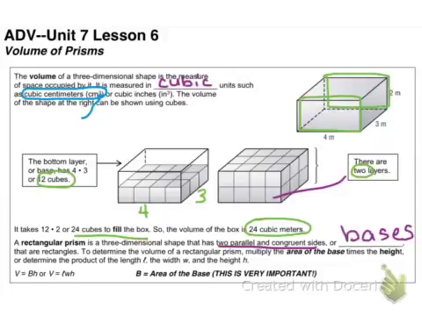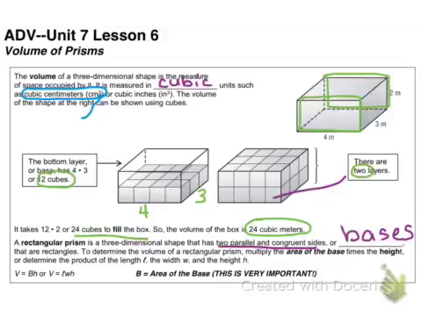Bases are faces. That might get a little bit confusing because they rhyme, but the bases are faces, but you're only going to have 2 faces that count as bases, and then you'll have 4 rectangular faces that connect those 2 bases. Almost sounds like a Dr. Seuss book. So to determine the volume of a rectangular prism, what we're going to do is multiply the area